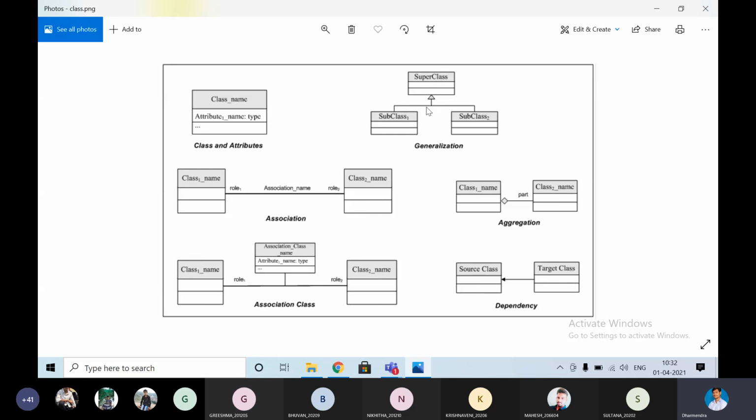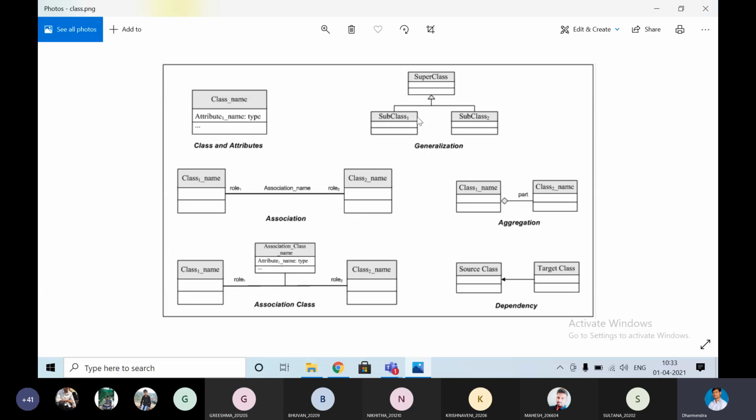So at that time we have to represent the relationship like this. It is an arrow, a filled arrow, which is different. A line with an arrow. So this symbol represents the generalization.